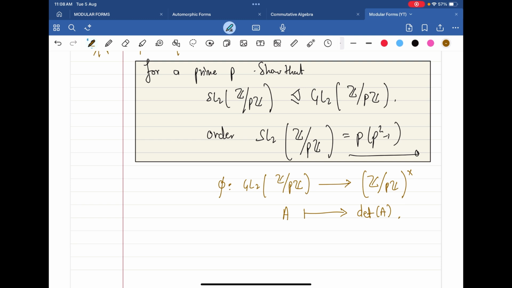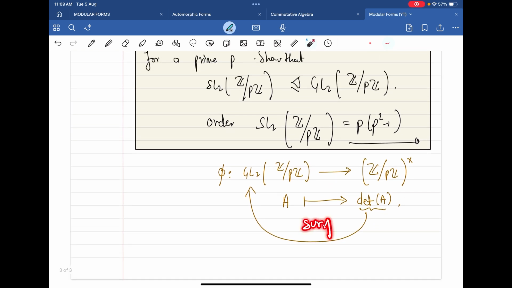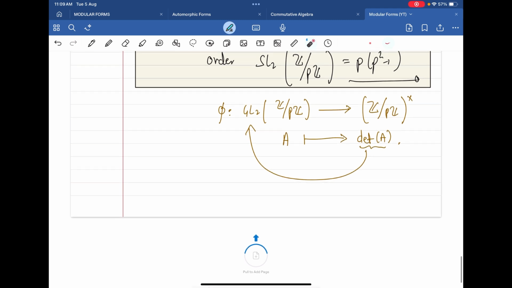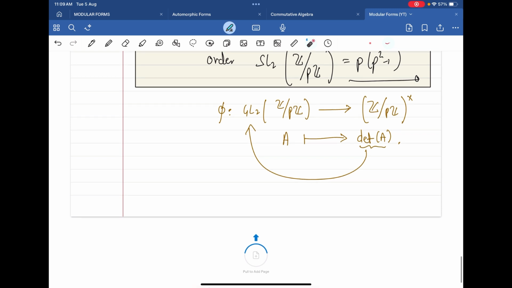And again, it's not that difficult to see that for every element in this multiplicative group there exists a matrix whose determinant is that element. So this map is surjective, not that difficult to observe, and the rest is just calculation, not that much, just using the isomorphism theorem, and then we are done